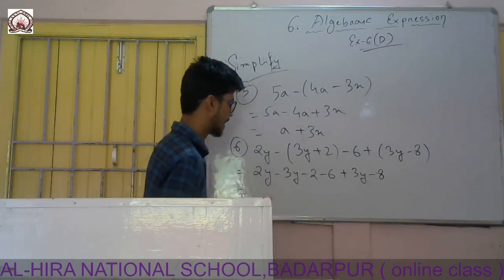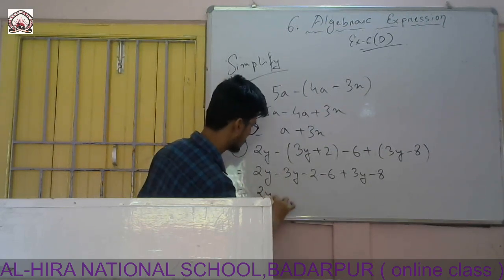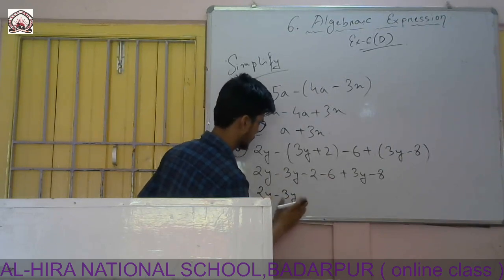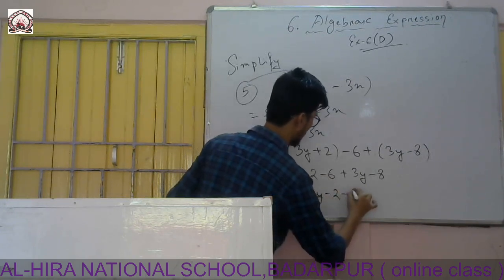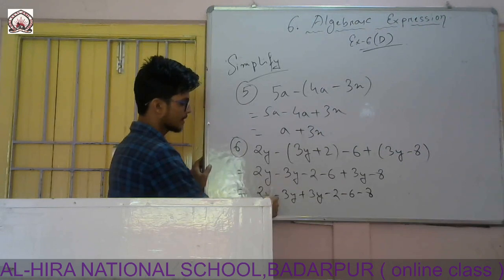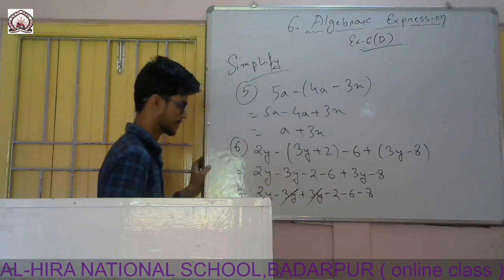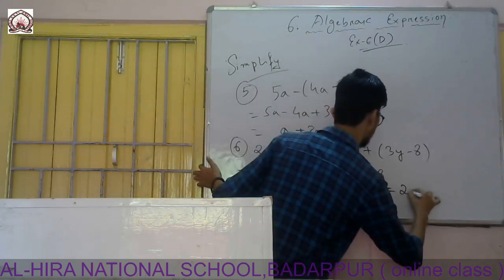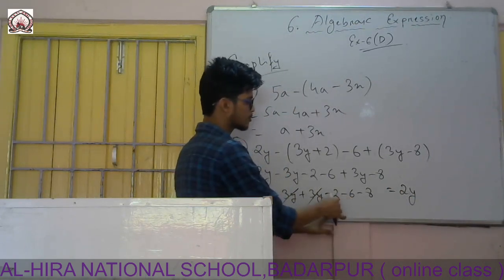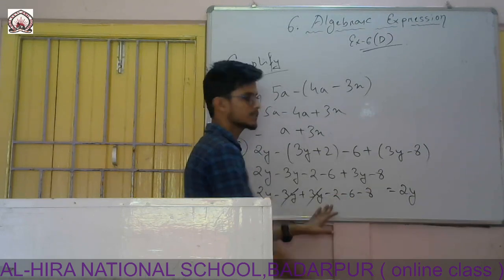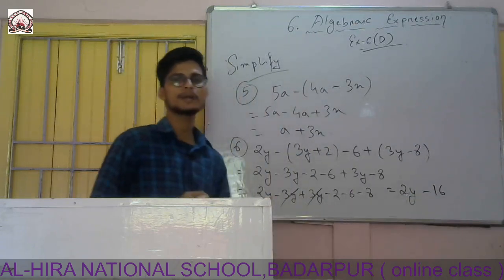So now I will arrange the like terms. You see 2y here, 3y, so okay, let me arrange 2y minus 3y, and directly I can write plus 3y, and there are minus 2, minus 6, minus 8. So you see minus 3y plus 3y, minus plus it is minus, so I can cancel both the terms. So the answer will be 2y left, only 2y left, and in this part you see minus minus it is plus, 6 plus 2 is 8, then again minus minus it will be plus, 8 plus 8 it will be 16, and the sign will be minus, so the answer will be 2y minus 16.